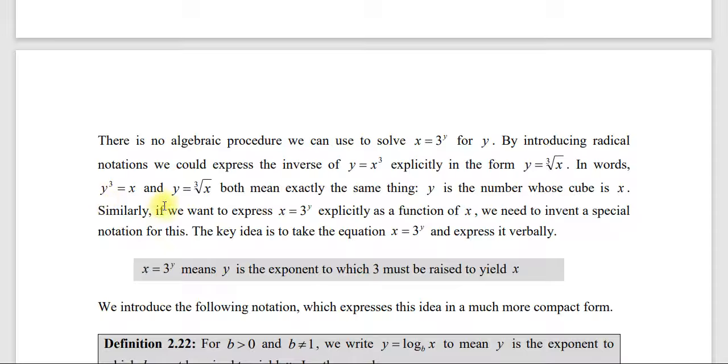Similarly, if we want to express x = 3^y explicitly as a function of x, we need to invent a special notation for this. The key idea is to keep the equation x = 3^y and express it verbally. So x = 3^y means y is the exponent to which 3 must be raised to yield x. እንደማለት ነው verbally express እናደርገው። ስለዚህ እንደዚህ አይነት ነገር እንዴት አድርገን ሶልቭ እናድርገው ነው።